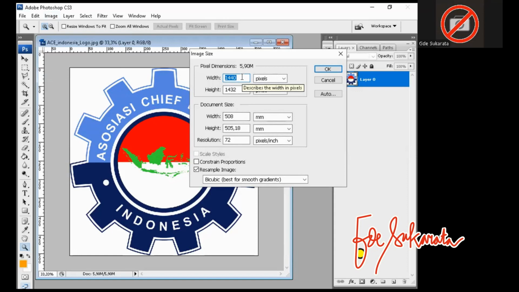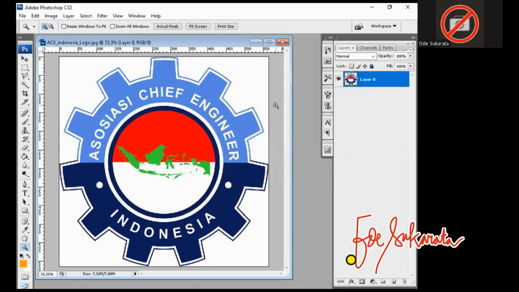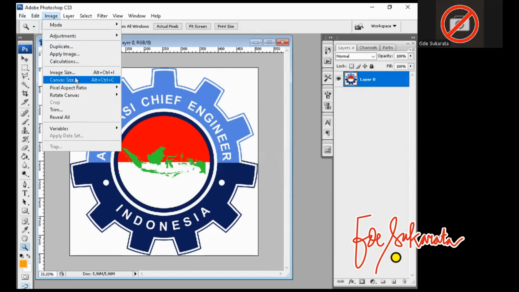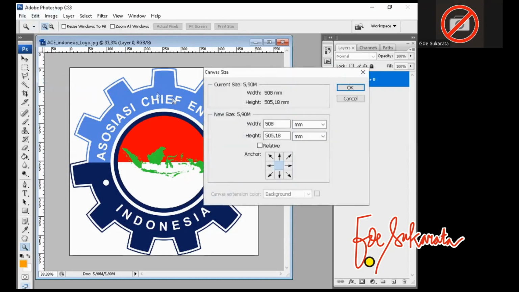I will try to change maybe 1000 pixel. Okay, oh sorry, change the size. Yeah, not image, change the size.